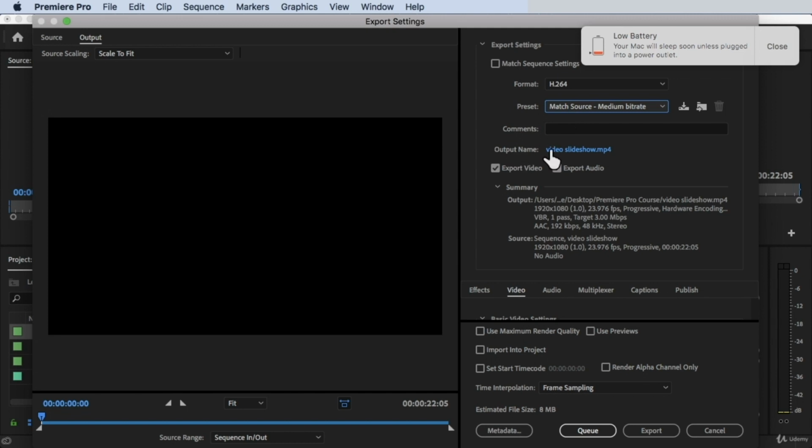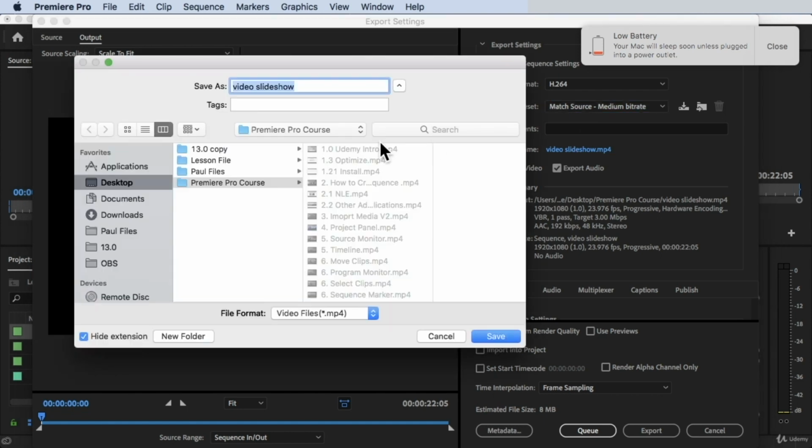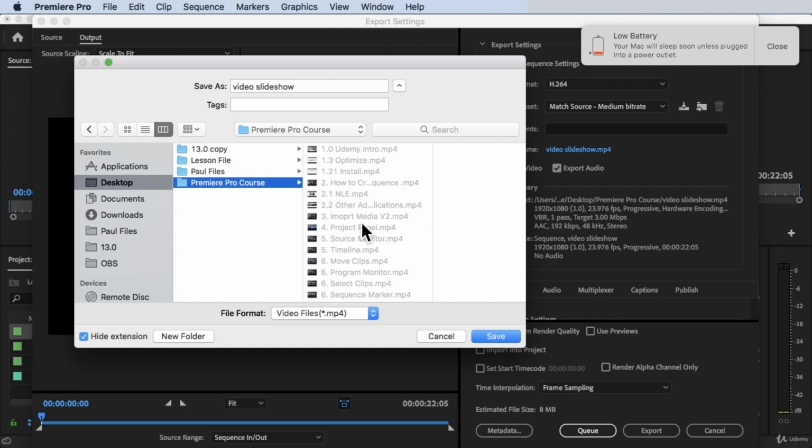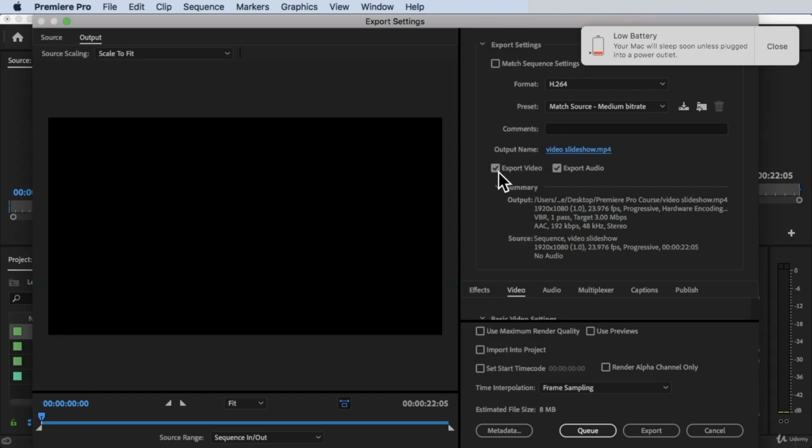Okay, so for the output name, that is the name of your video clip, and you can choose the folder where you want to save your final video. You can just save as name. This is the name of your video that will be rendered. Click on save, and then make sure that there's a check on the export video and on